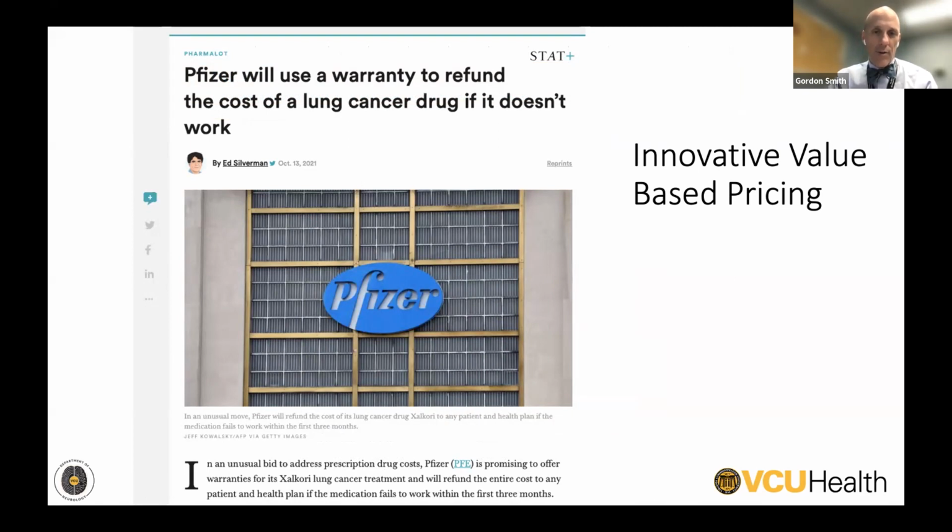So if you get this lung cancer drug and it doesn't work, we'll pay your money back. And I think this is a bit of marketing, but there are other interesting models. There are states that are now using a subscription model for hepatitis C, for instance, not the disease, the drugs